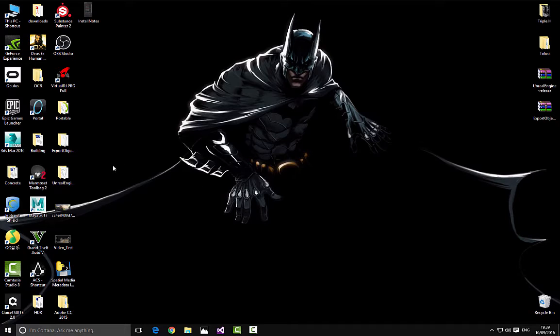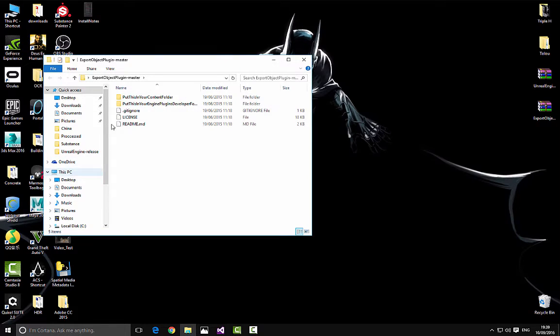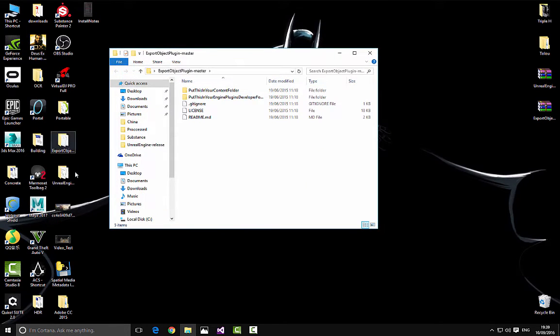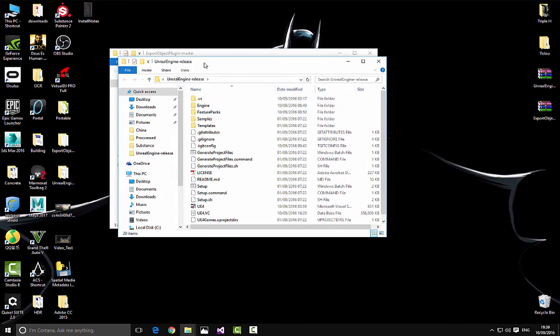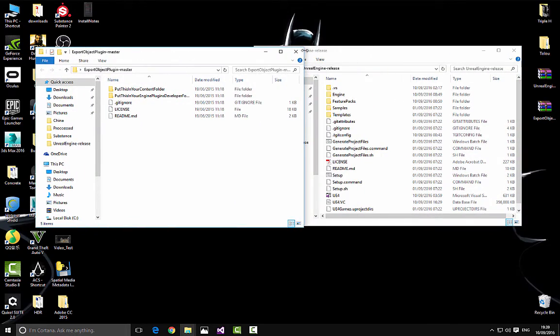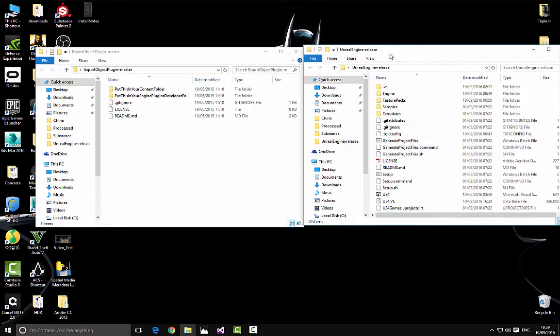So once we've done that, what we need to do is open up both of these folders. Once those both have been extracted, you can open these up, and you see this on the export object plugin. You want to go to this folder, it says put this in your plugins development folder. So you want to open this,